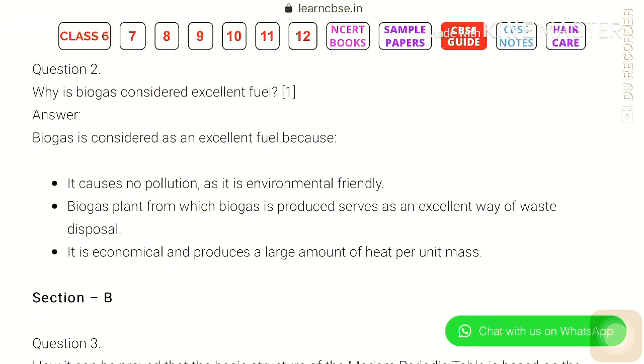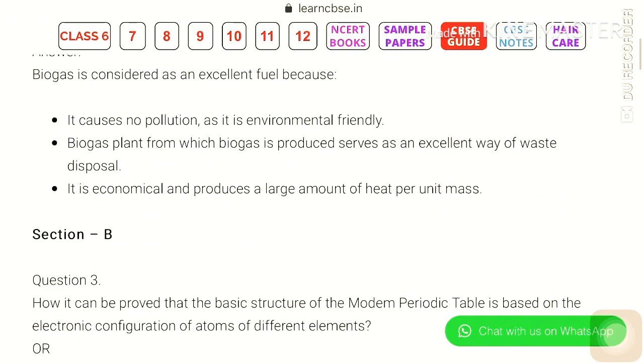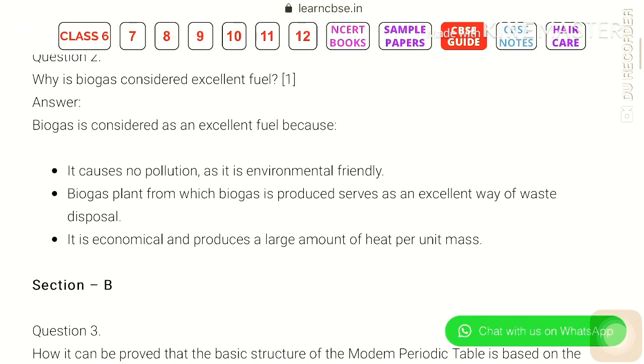Question number 2 is, what is biogas and why is it considered an excellent fuel? Biogas is generally a non-toxic, pollution-free and environmentally friendly gas. It causes no pollution, and the biogas plant from which biogas is produced serves as an excellent way of waste disposal. So it is economical and produces a large amount of heat per unit mass,